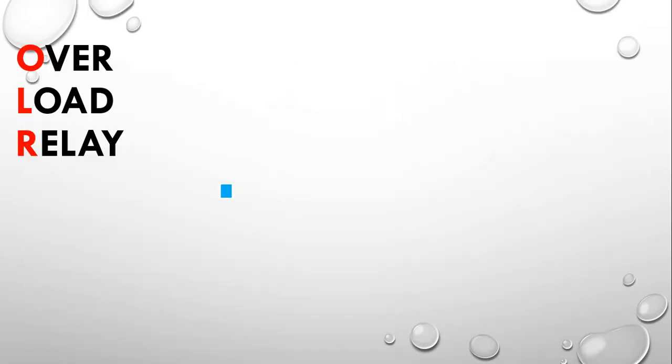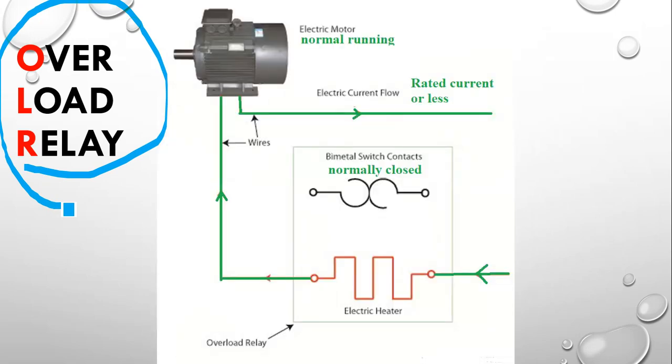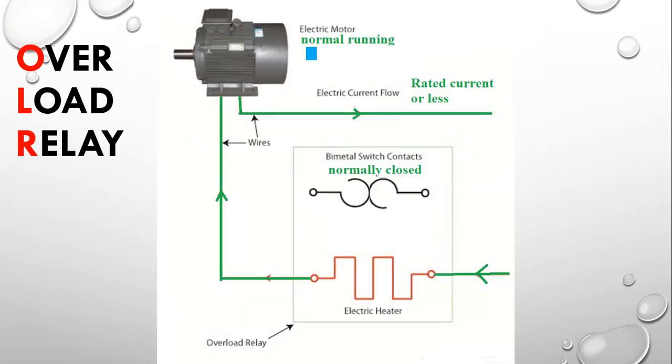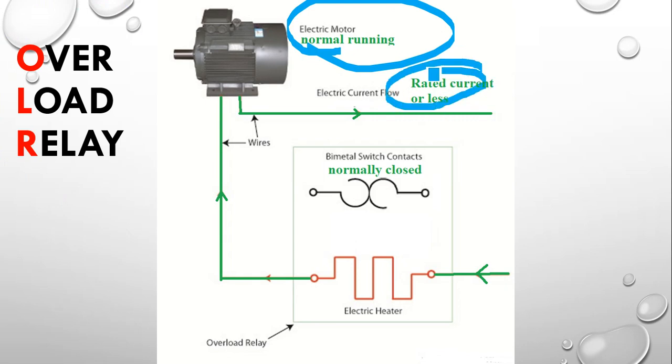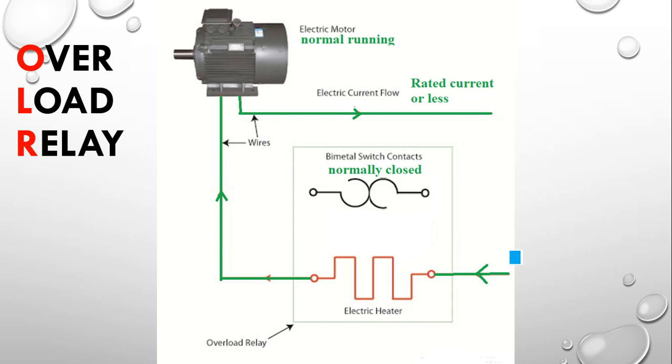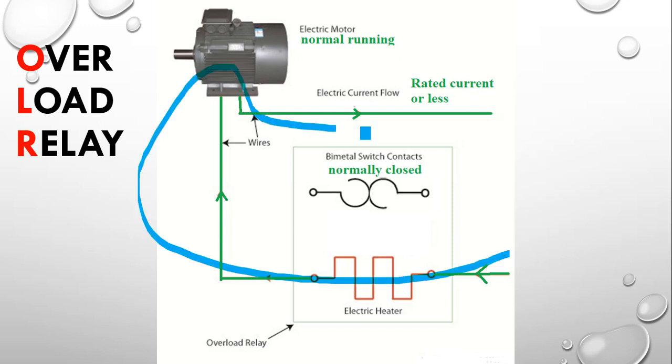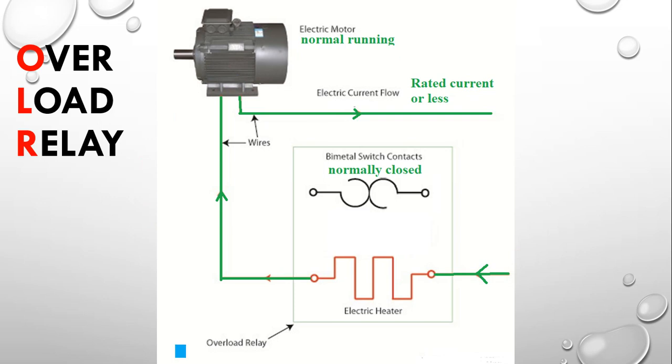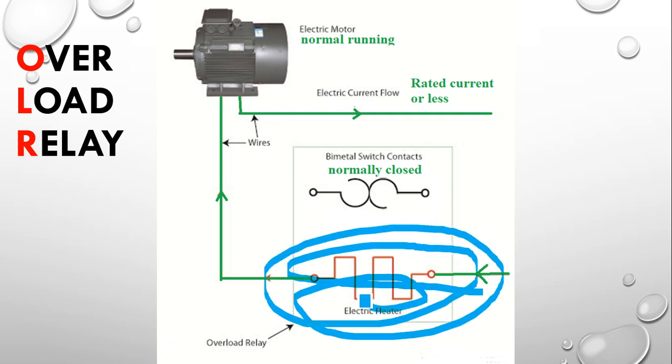And now we are talking about the overload relay. Motors have to have protection against overload. Under normal conditions, when the motor is taking the rated current or less than the rated current, that is a normal condition. The normal current will flow and the motor will work continuously. And we'll see the overload relay part. This is the overload relay section, which has two sections. One is the power flow, where the motor's full current is passing through a heater.